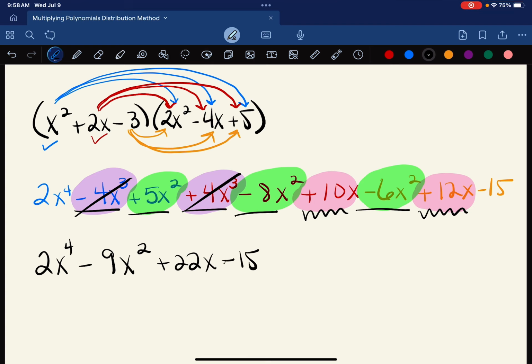And again, if this seems a little too confusing for you, or you want something that is lined up more neatly, go ahead and watch the box method video and you can choose to